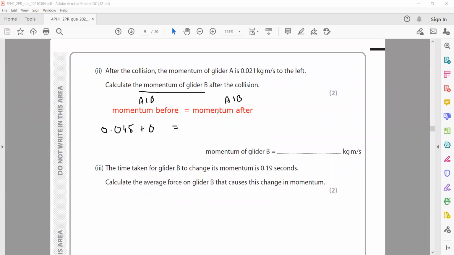Then after collision it is, because it is on the left hand side opposite, so it will be minus